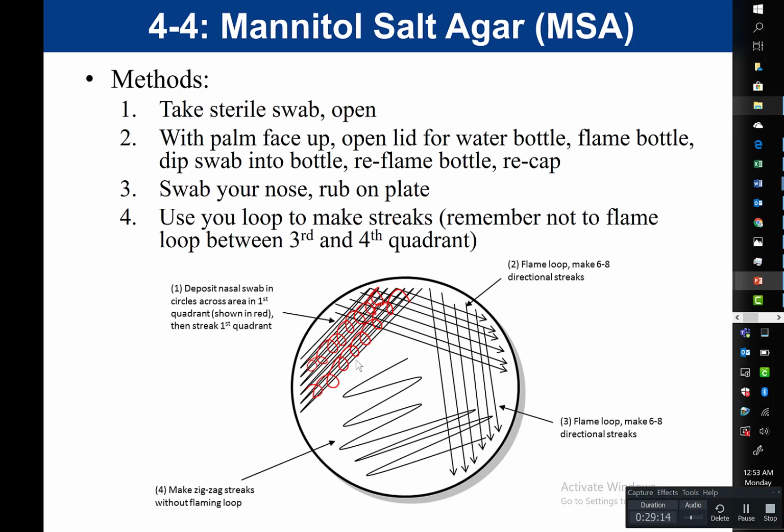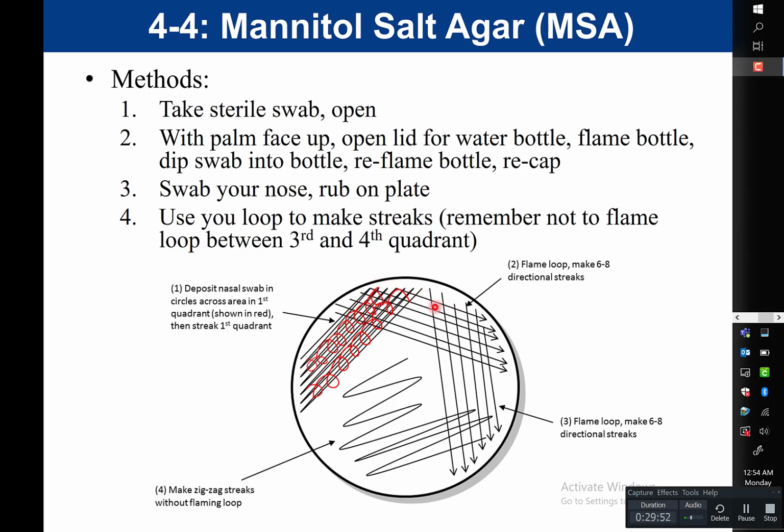Now, once we've added our bacteria to our plate with our swab, then we would simply use our loop and finish our streak plate technique. So we would flame our loop, we would let it cool. Remember that in quadrant 1, we are streaking for a lawn. So we are just going to go back and forth, and try to fill in that first quadrant. So we are going to make our lawn in quadrant number 1. After we make our lawn, remember that we're going to flame our loop and let it cool.